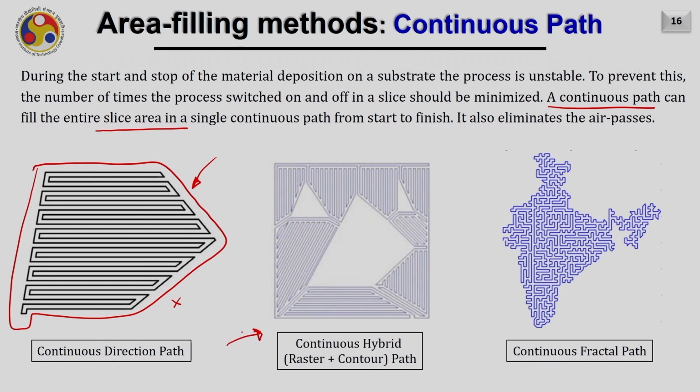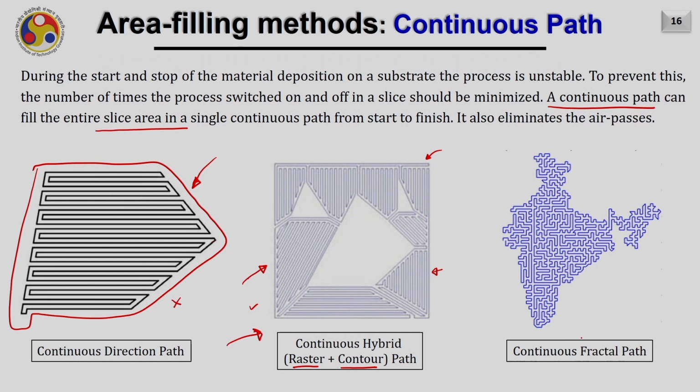This is an example of a continuous hybrid toolpath. Hybrid, why hybrid? Because the outer contours are deposited by contour parallel and the inside is deposited by raster or direction parallel. As a result, you will have the benefit of three things. The outer geometry is deposited in a better way. Here you can see the edge is approximated by linear curves, while here the edges can even be approximated by non-linear curves, and hence the exterior will be very smooth in this case. Also, there are no switch off and on.